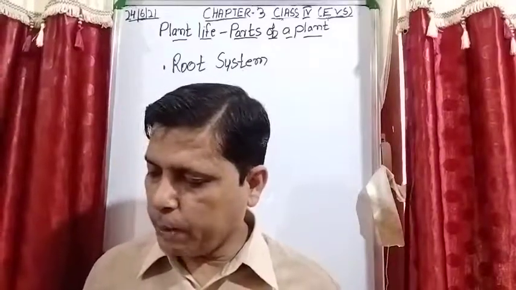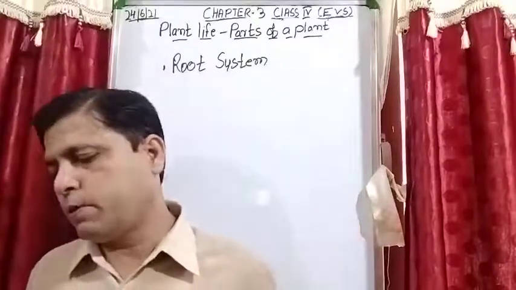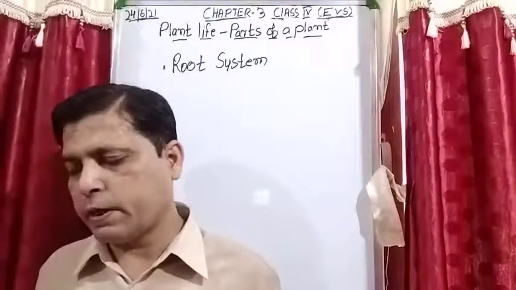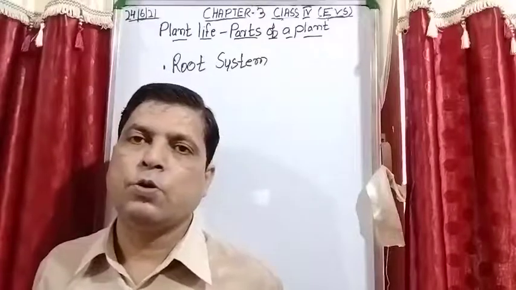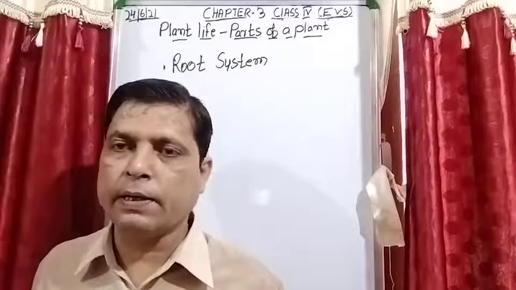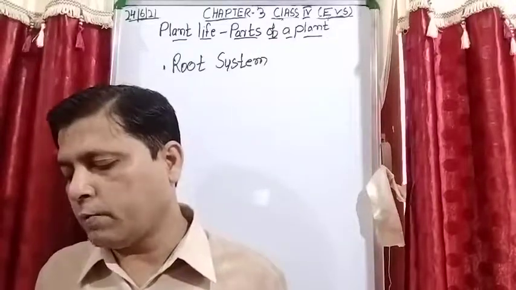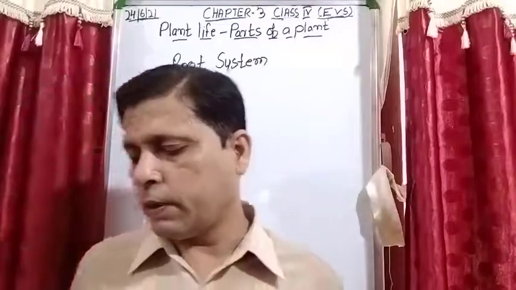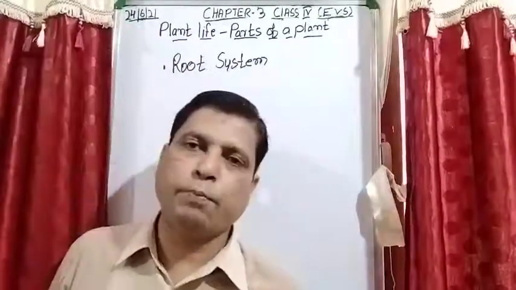Now, in the beginning of the chapter we read the learning objectives. Now the chapter is complete. Let's read the learning objectives, so that it gives you a better understanding whether all the things are clear to you or not. First learning objective given in the chapter is importance of plants in our life. Why are plants very important?